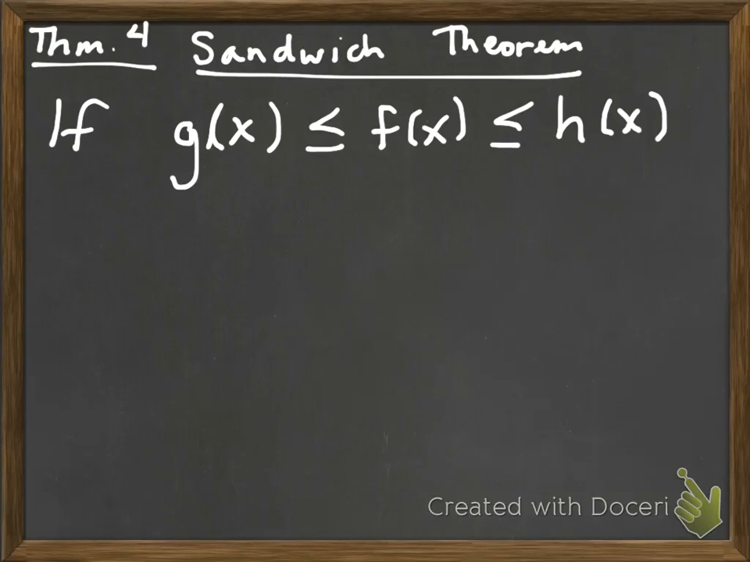So if you're having to use the sandwich theorem, then you're going to be given the f function, and you've got to think of a g and an h function that would work. Does that make sense? Okay? So if g of x is less than or equal to f of x is less than or equal to h of x,